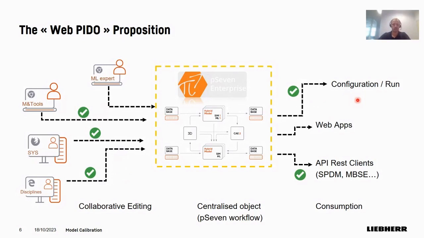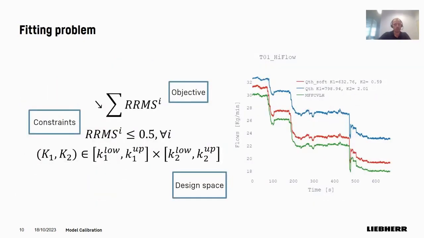It's very fast. To have a good idea of the goal that the engineer is trying to do, this can be summarized as such. We have actually several data series that we want to fit to some reference data series. So typically we have tens of such graphs. The green data series is the reference data series. The red one is the